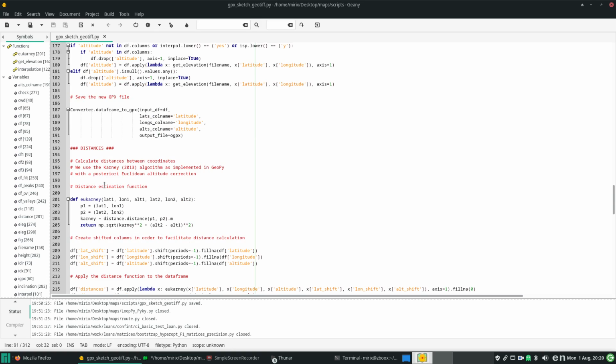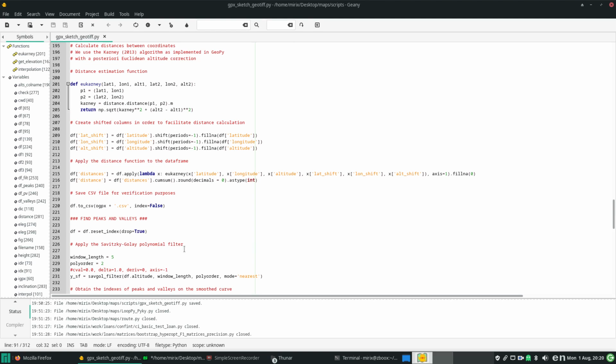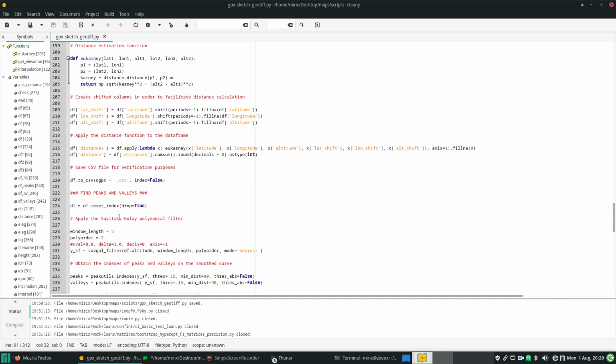It will compute the distances using the Karney algorithm with an Euclidean correction that I implemented myself. It's very rough, very approximate, but that doesn't really matter. And finally, it plots the elevation. It finds the peaks and valleys by using